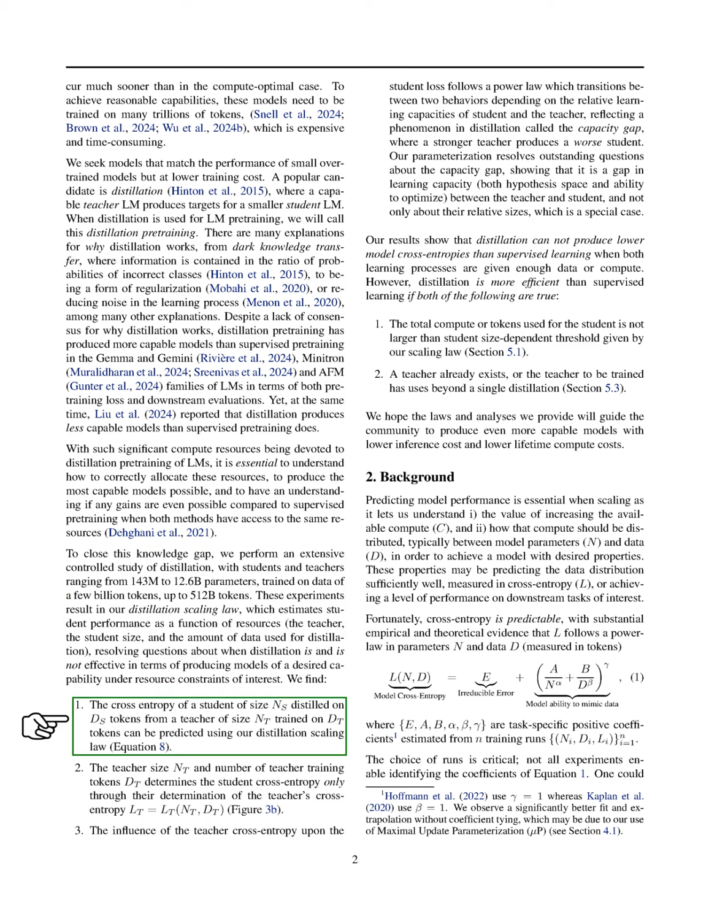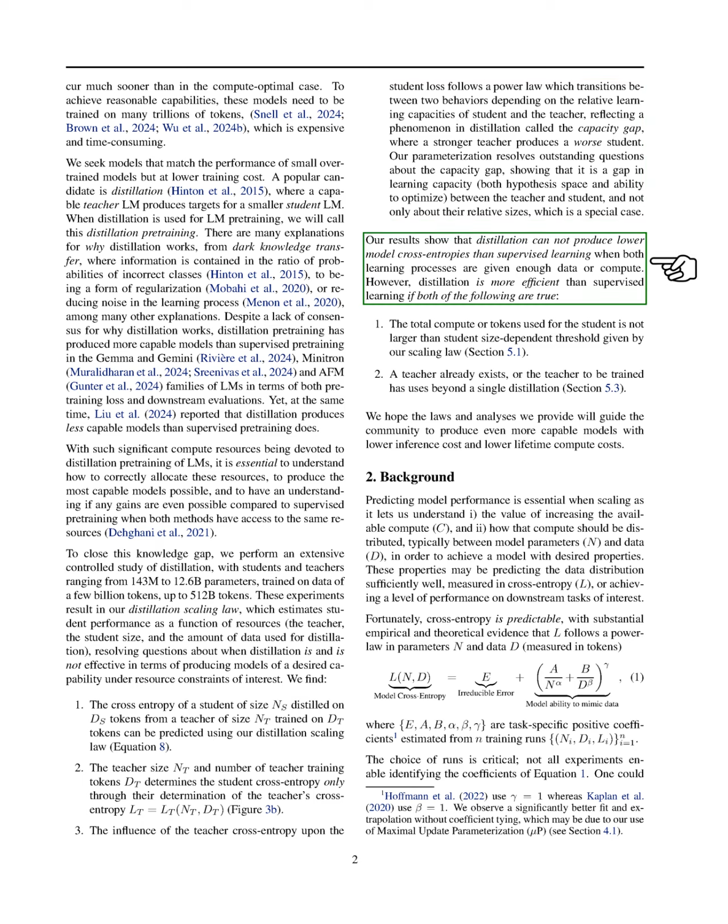We discover that the cross-entropy of a student model distilled on a specific number of tokens from a teacher model can be accurately predicted using our scaling law. The teacher's size and training data influence the student's performance primarily through their effect on the teacher's cross-entropy. We also identify a phenomenon known as the capacity gap, where a more capable teacher can sometimes lead to a less effective student. Our analysis clarifies that this gap relates to differences in learning capacity rather than just model size.